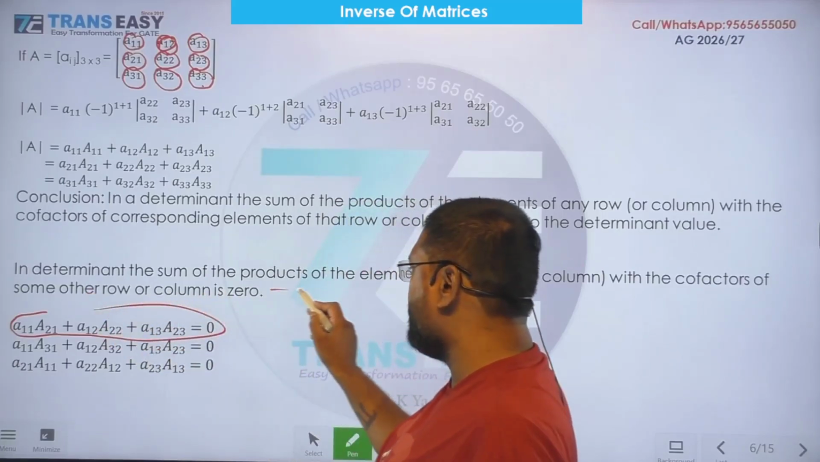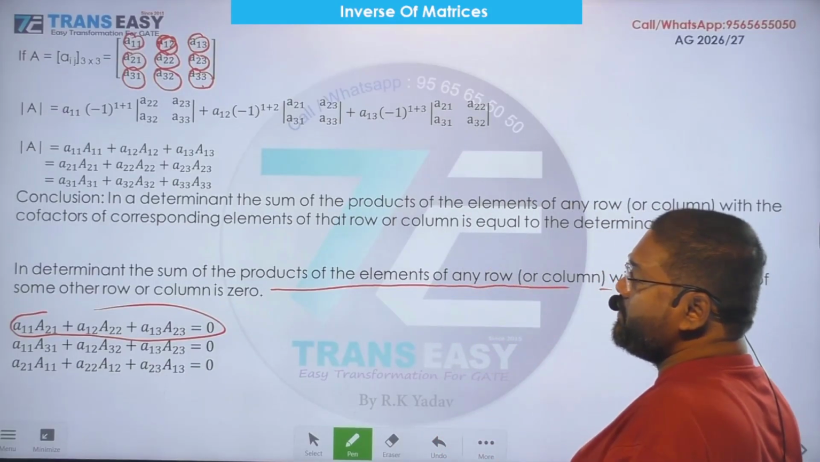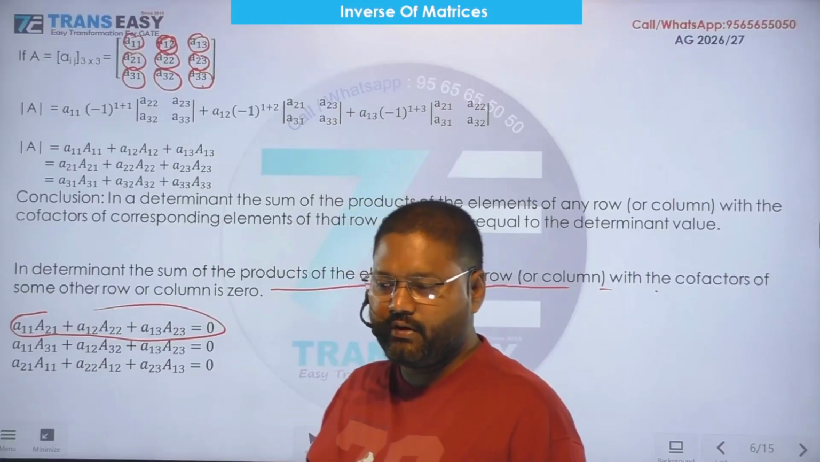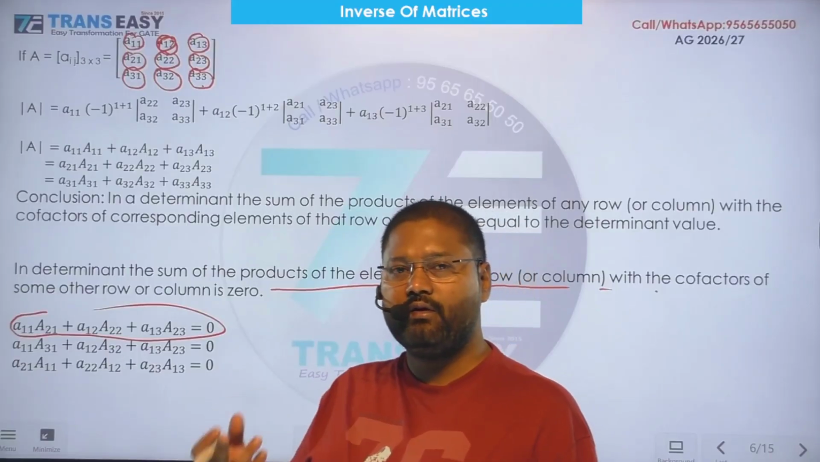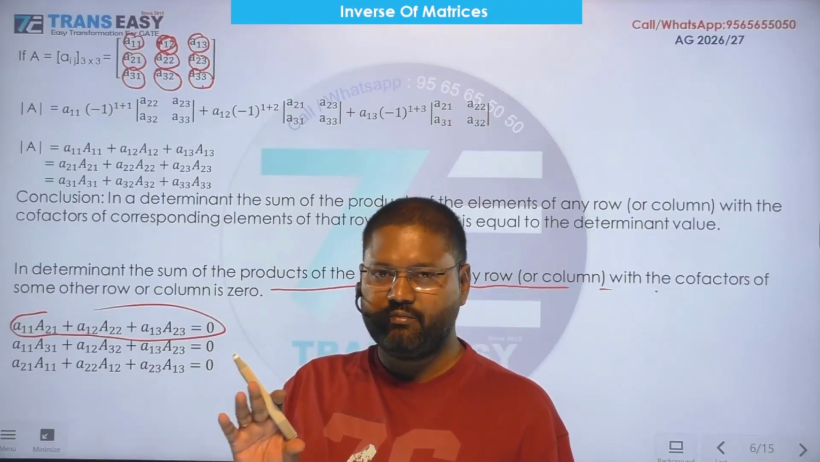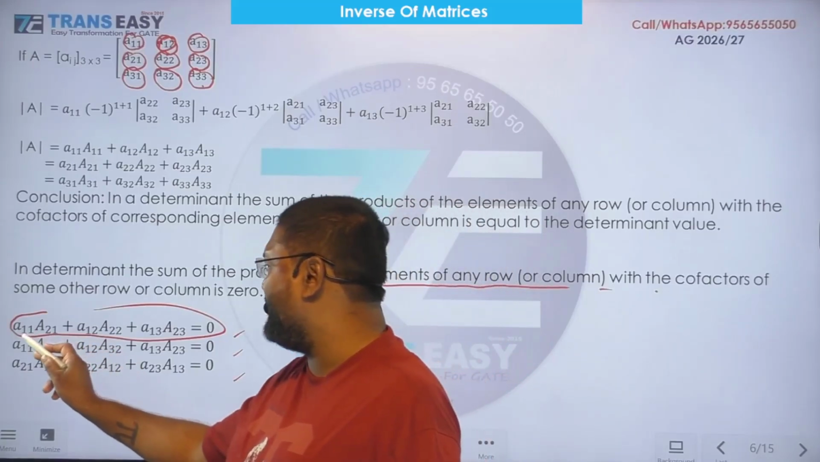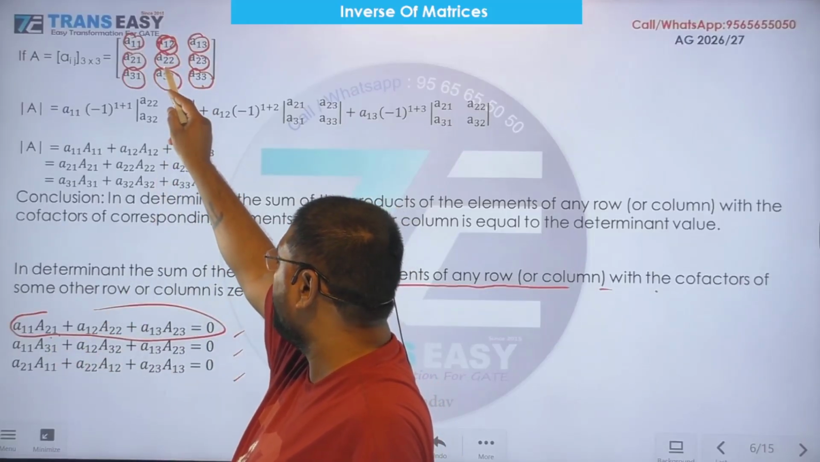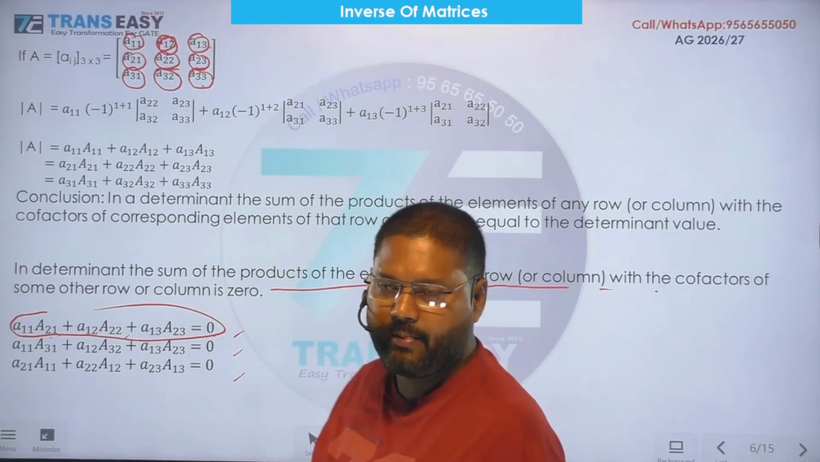In determinant the sum of product of the elements of any row or column with the cofactor of some other row or column is zero। किसी रो के एलिमेंट्स एंड अदर रो के एलिमेंट्स के कोफैक्टर्स का प्रोडक्ट का सम जीरो आता है। बात समझ में आ गया? जैसे ही ये चेंज हुआ A11 A21 तो सभी एलिमेंट्स उस रो का देख लीजिए A12 A22 A13 A23 ये जीरो आएगा। ठीक है।